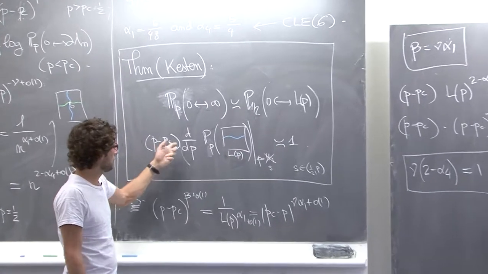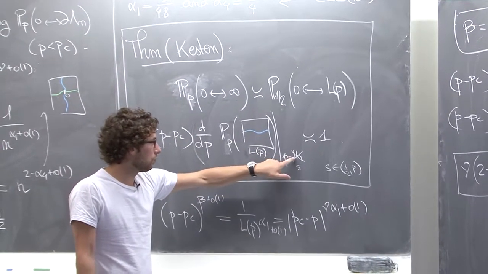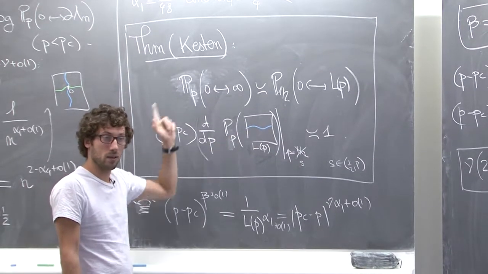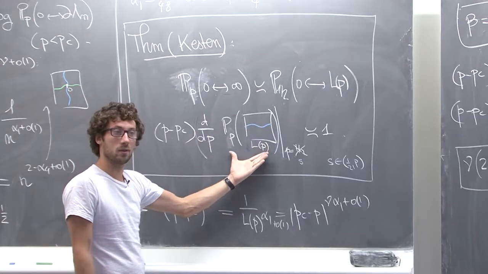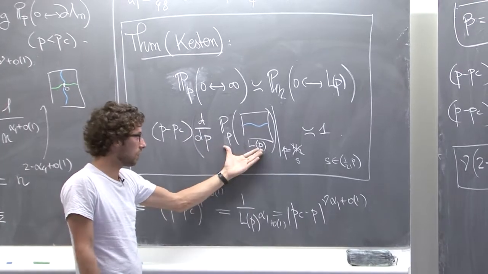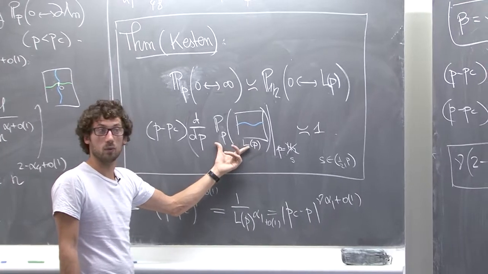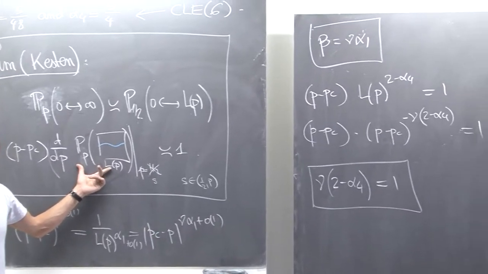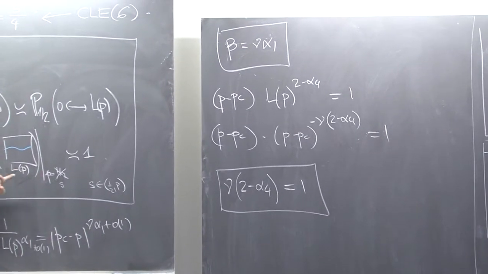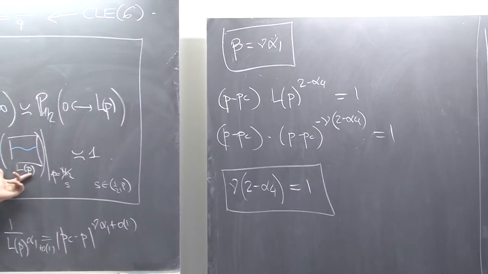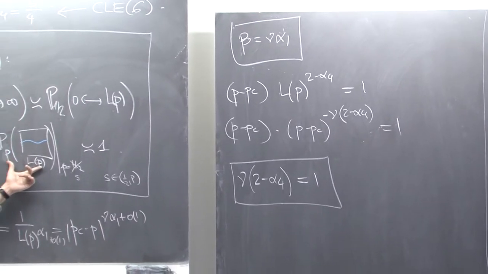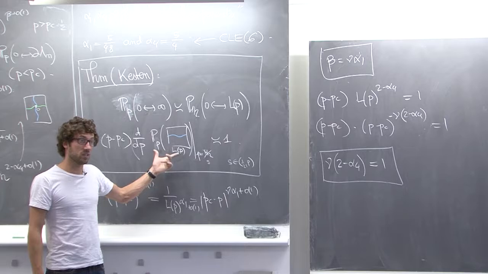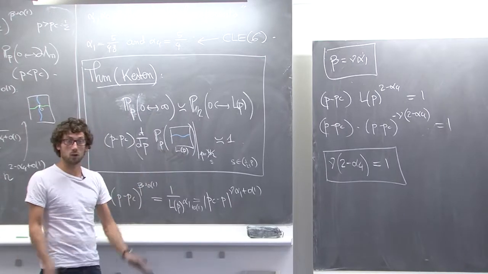But now, p minus pc times this, if I'm allowed to move 1/2 to s, this is like the integral between 1/2 and p of the derivative of this thing. So it is the probability of this at p minus the probability of this at 1/2. So already you see it's smaller or equal to 1. And in fact, you can prove that the probability of this at 1/2 is 1/2, but at L of p it is not 1/2. It's actually close to 1. So this tells you that this quantity is really of order 1.